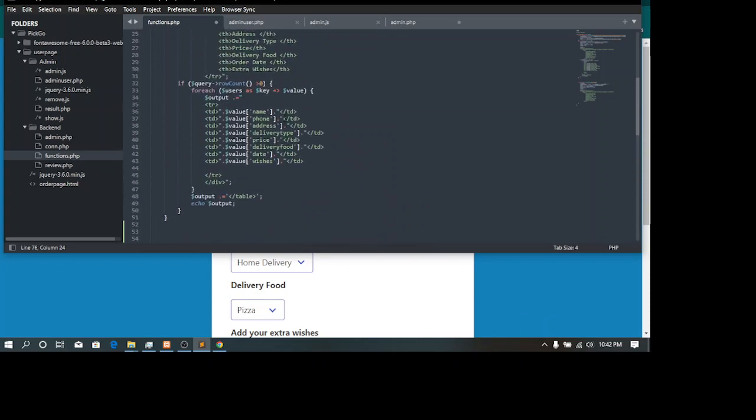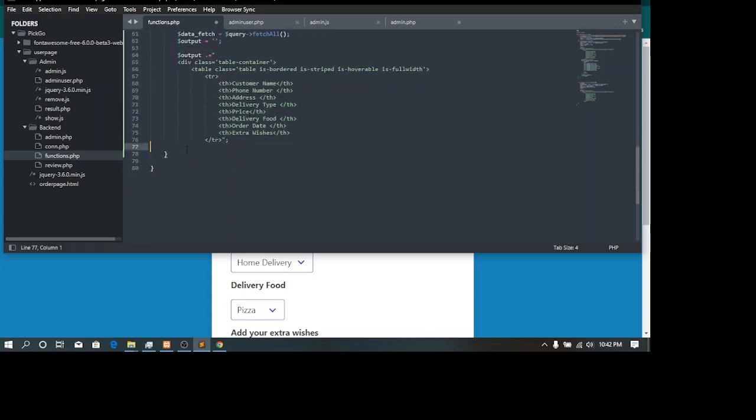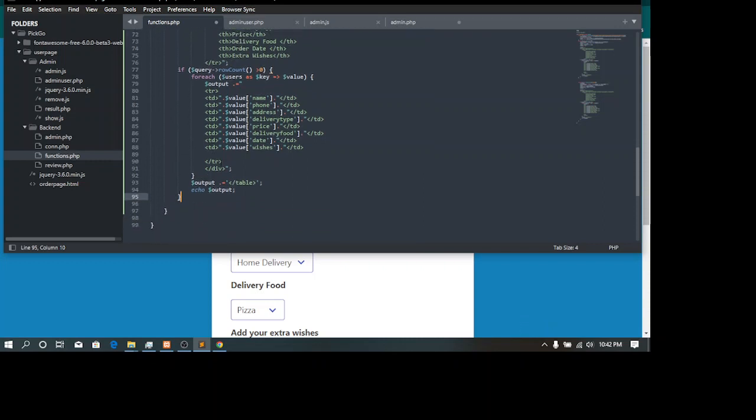Then we also copy what we have here also, paste it there like that.